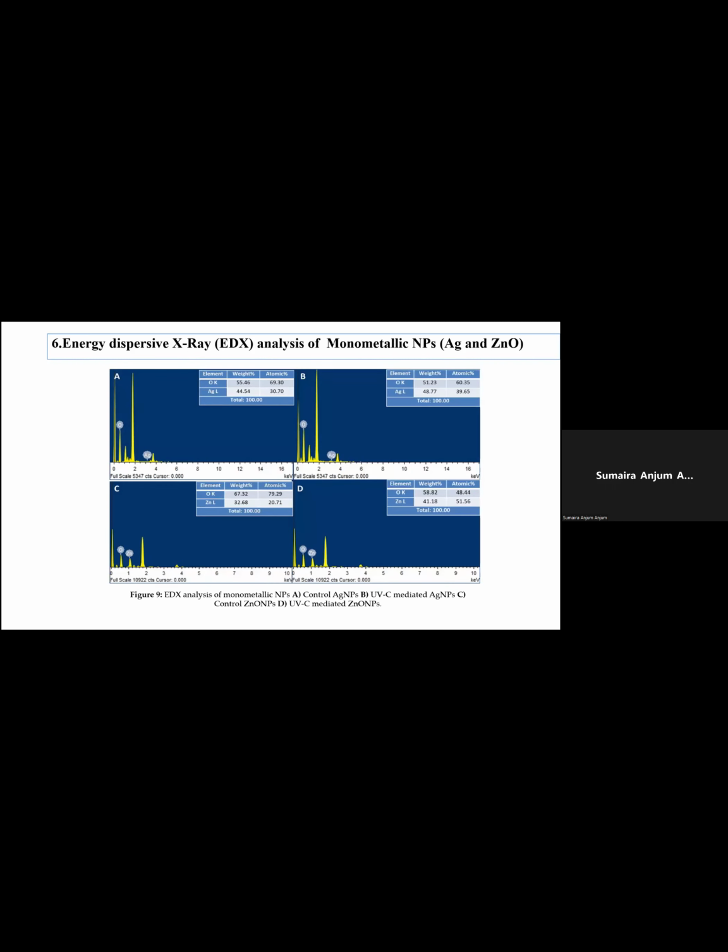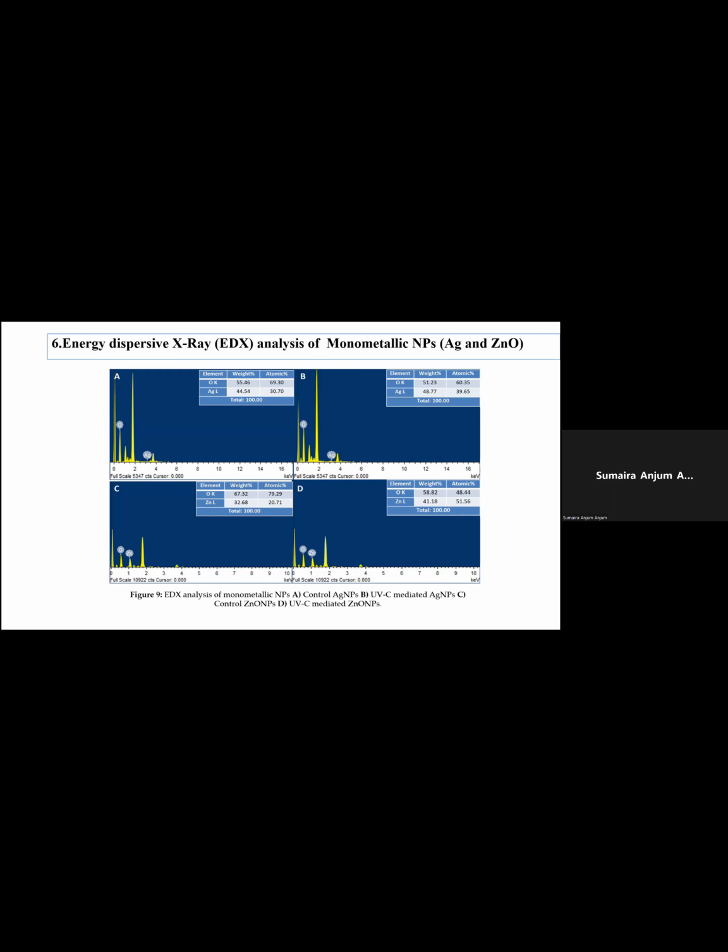The shapes of these synthesized nanoparticles are summarized in this table, like we have discussed in the scanning electron microscopy analysis, what the shapes were and whether there were agglomerations or not. Further, these synthesized monometallic and bimetallic nanoparticles were characterized by energy dispersive X-ray analysis to find out the elemental composition of these nanoparticles. In all monometallic silver, A and B, and C and D that represent the zinc oxide